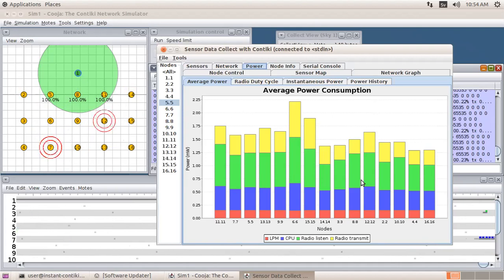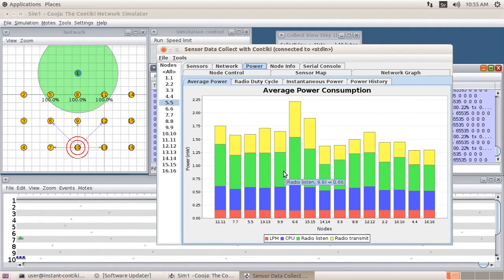So nodes are not even participating in transmission, but they are sitting idle and listening to the radio channel, and then also it is consuming more of its power. That is the first observation we need to make.